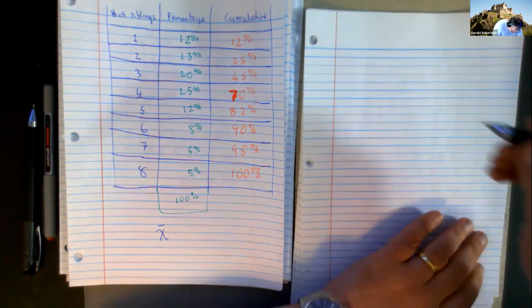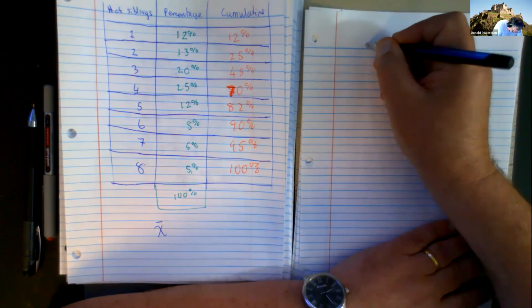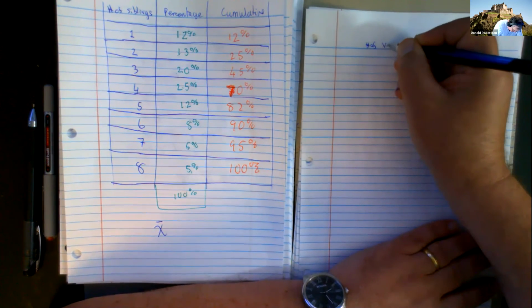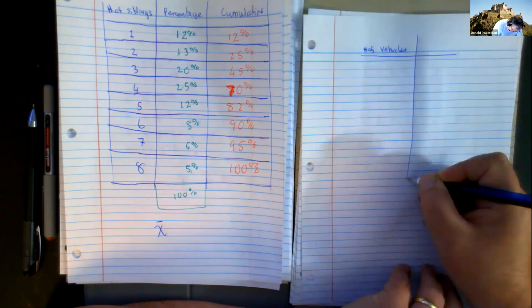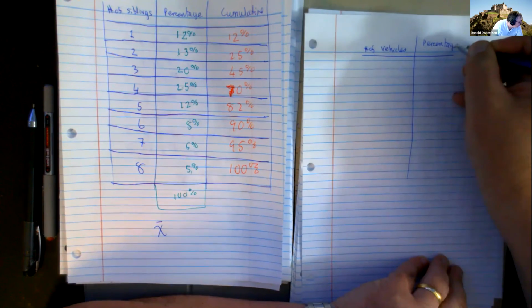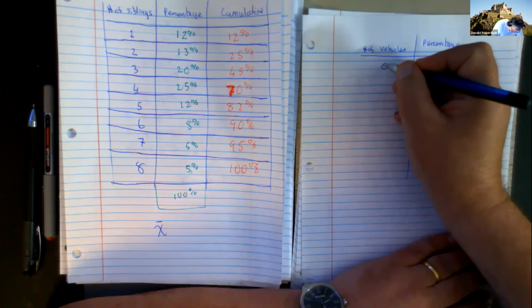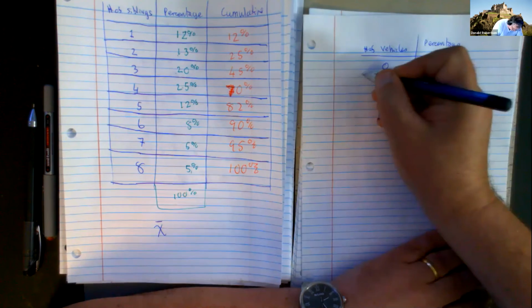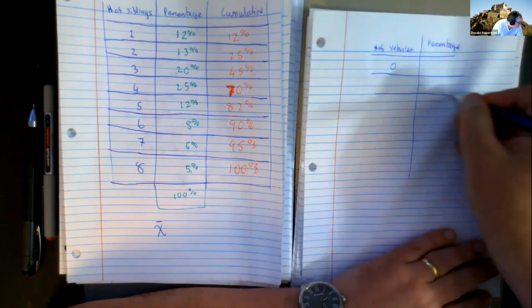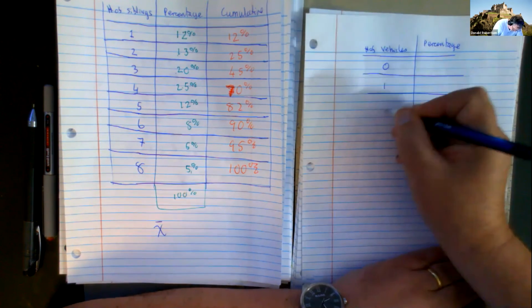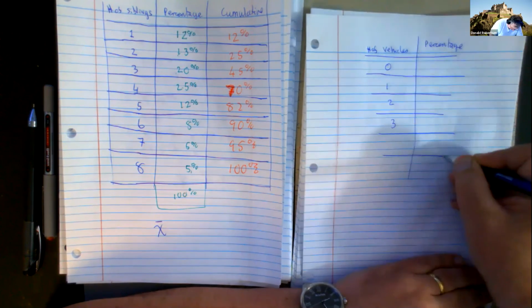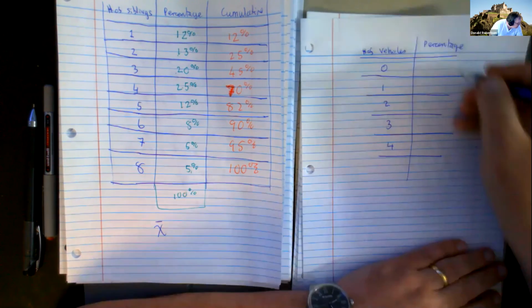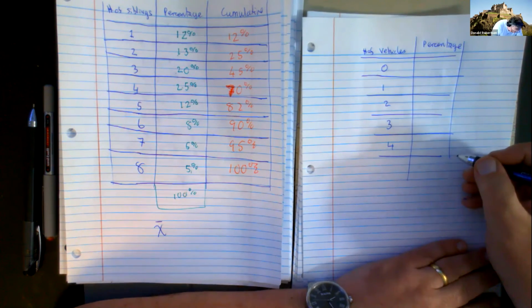So let's do number of vehicles in family. So you went to some place in Bremerton and you collected data on the percentage of cars. So you went to one house, 0 cars in the family, 1 car in the family, 2 cars in the family, 3 cars, and finally 4. So the data set's nice and small. And the percentages ended up being